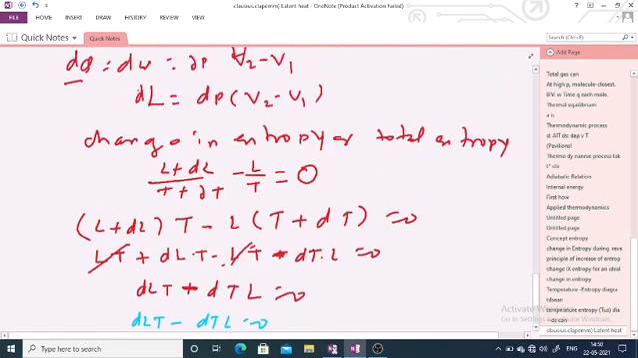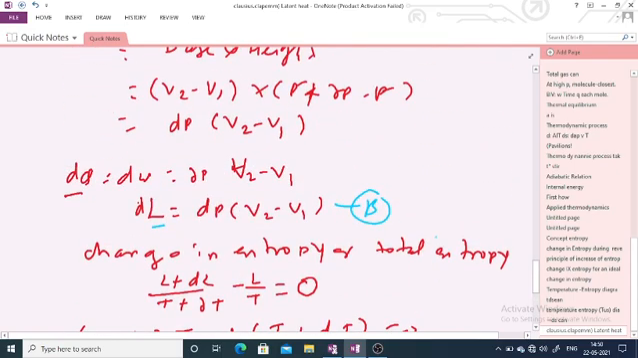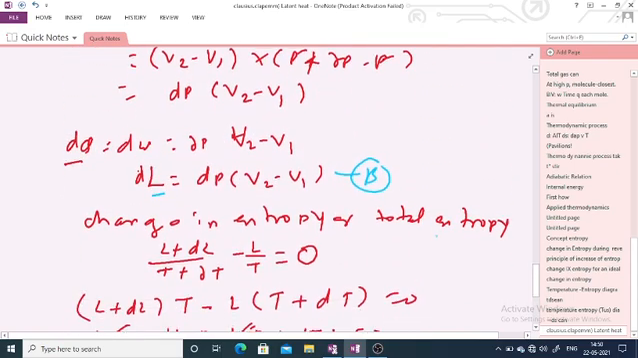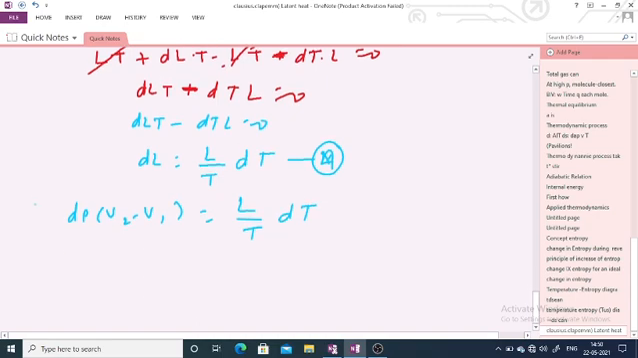And if you go back to this equation, the left side is dL, here is dL, so the right side must be equal. So dP into V2 minus V1 is equal to L upon T into dT. So by rearranging terms, we get dP